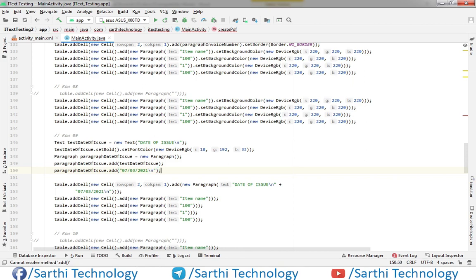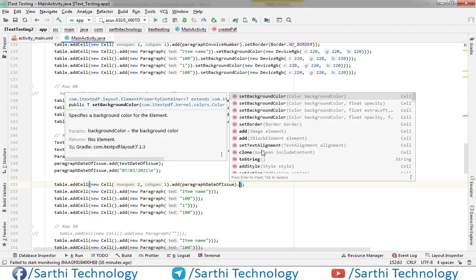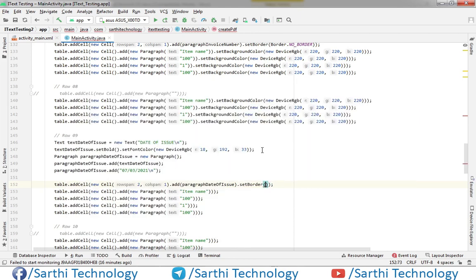Semicolon, and now add this paragraph here. Okay, so paragraph date of issue and its border will be no border, so set border no border. Now just copy this, paste.